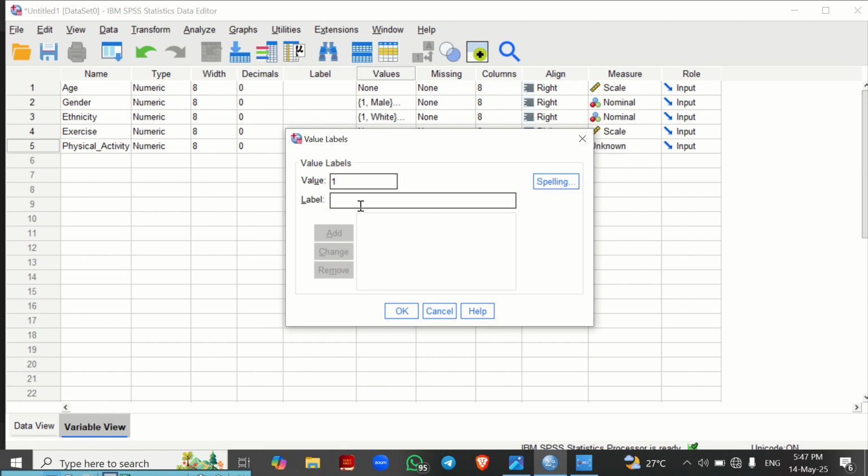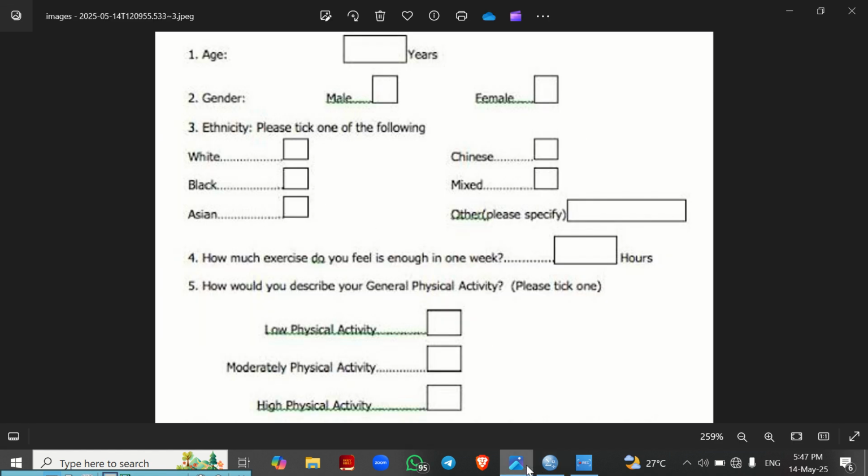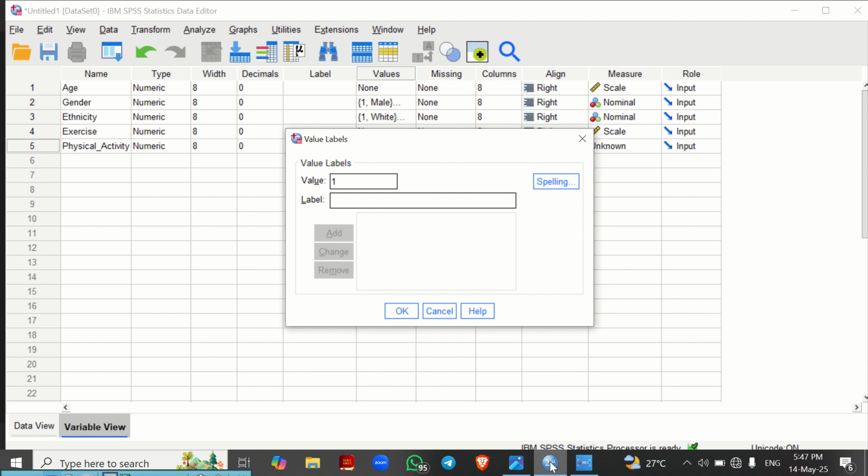So I will go by saying 1, low physical activity, moderate physical activity, then high. For this type of scale, it's not going to be nominal because moderate is higher than low and high is higher than both of them. So I'm going to use ordinal, and I must also be conscious of the numbers. While assigning, I will assign the lowest number to the lowest one. So 1 here will be the low